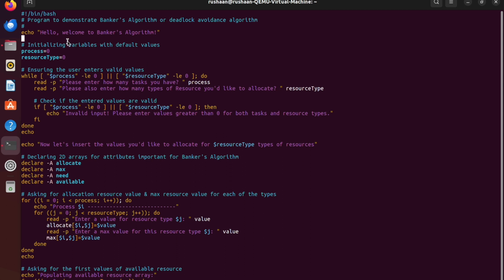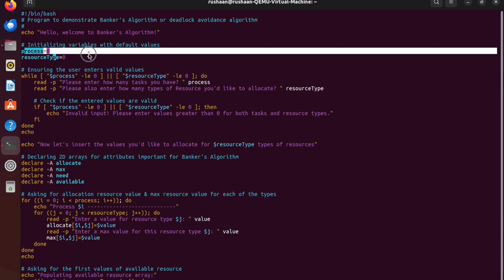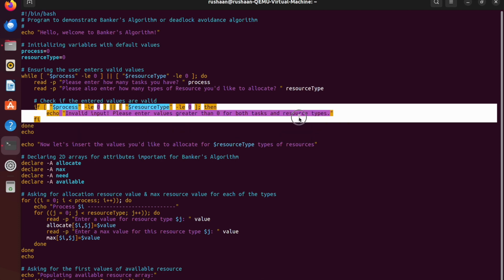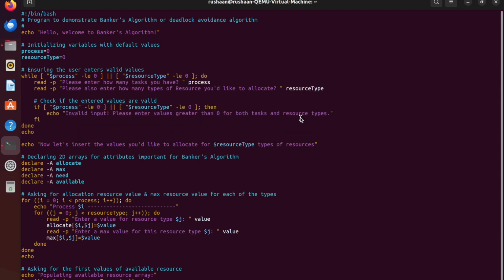So here, after the welcome message and all of that, I've declared process and resource type variables with default value 00. It's going to take this into a while loop, and we're going to ask the user for the process and resource type values. If the user enters invalid values, it will print this message, if it's less than or equal to 0, and the while loop will run again